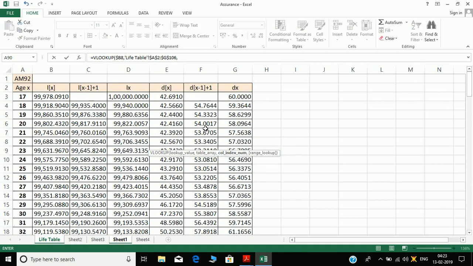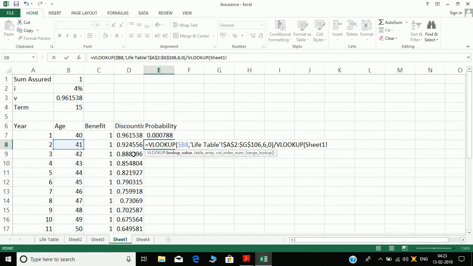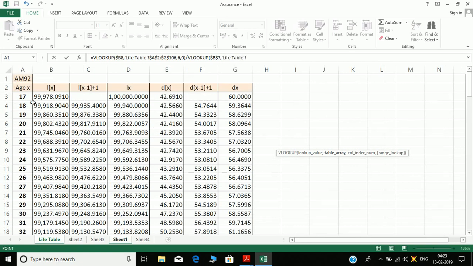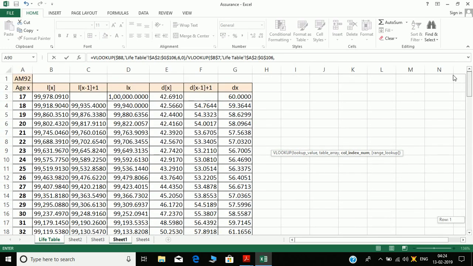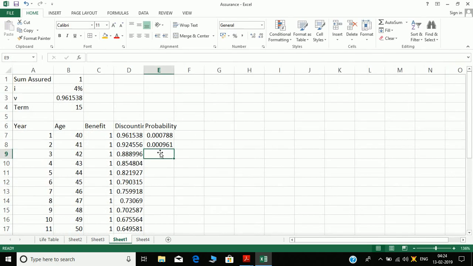It is the value from the 6th column, comma 0, divided by VLOOKUP. The denominator is always fixed. The denominator remains fixed. L box X in the table array, life table, and L box X is again column number 2, 0. This is the next probability.